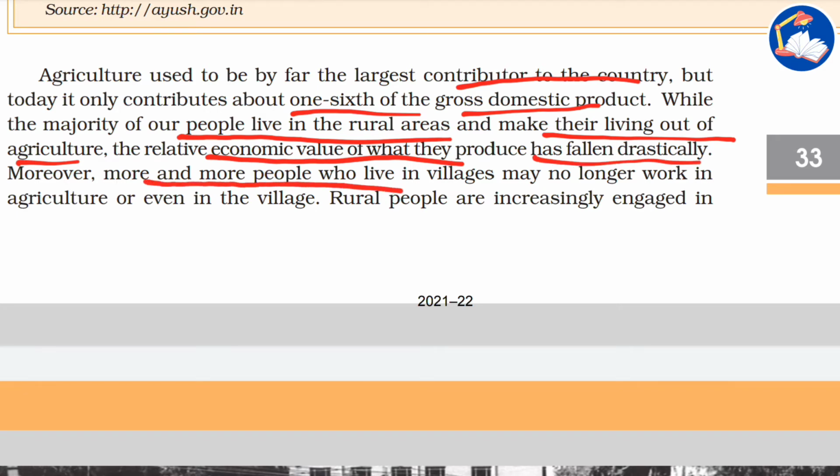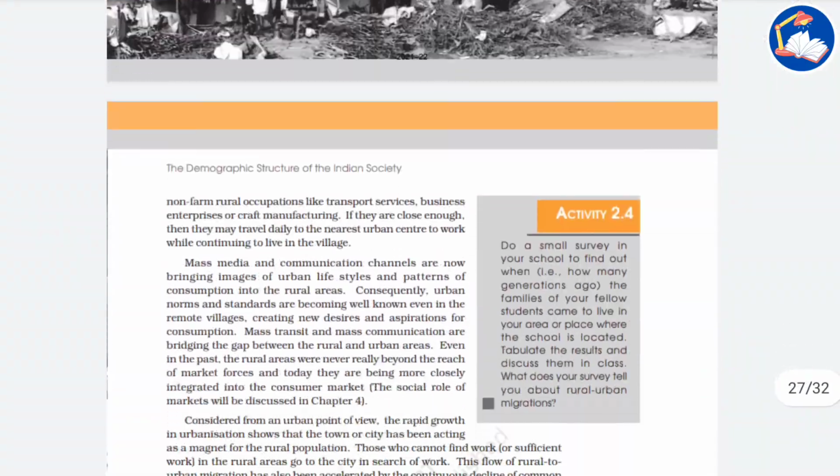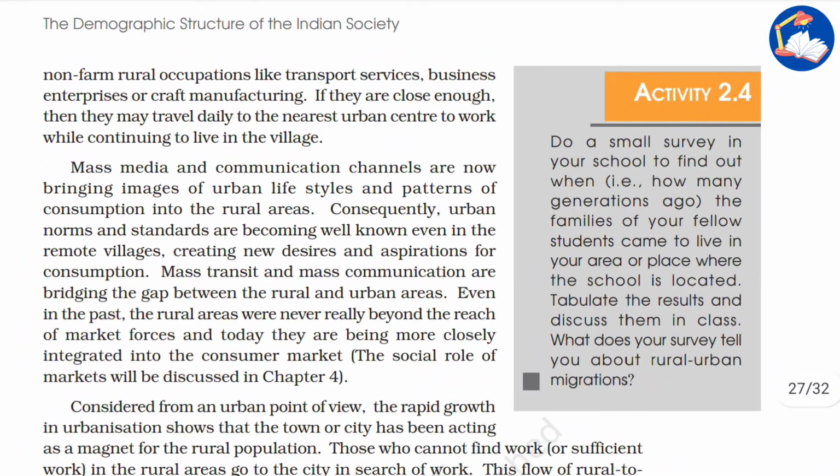Moreover, more and more people who live in villages may no longer work in agriculture or even in the village. Rural people are increasingly engaged in non-farm occupations like transport services, business enterprises, or craft manufacturing. If they are close enough, then they may travel daily to the nearest urban center to work while continuing to live in the village. Okay,